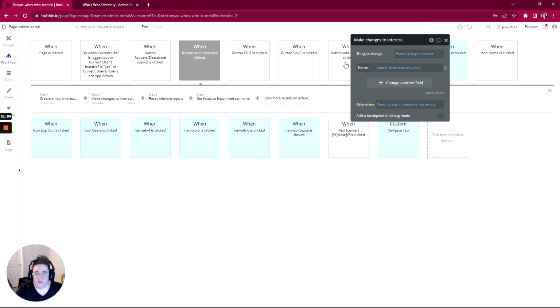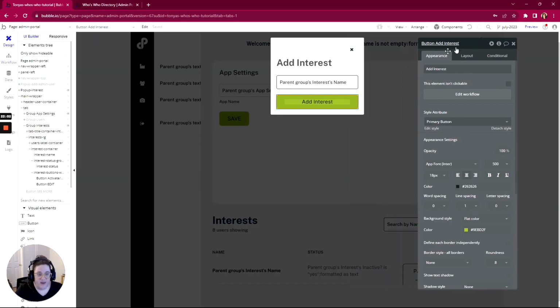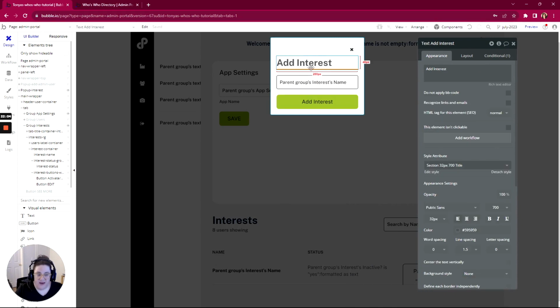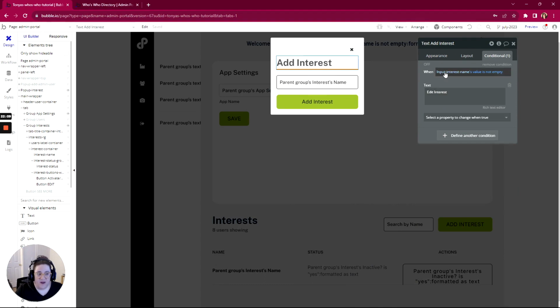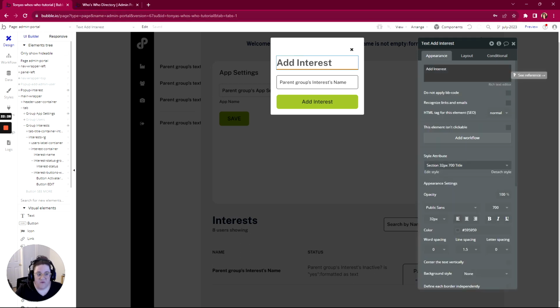Now, to make sure that the user isn't confused. Right now, with this add interest text, it always says add interest. But interest, when the value is not empty, so I don't know where this came from. It must have been something in the template. We're going to remove this condition. Well, we're going to change this condition. We want this to, no, we'll go ahead and remove it